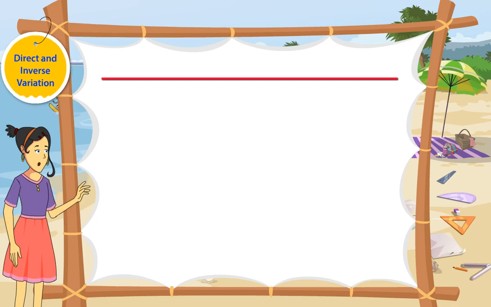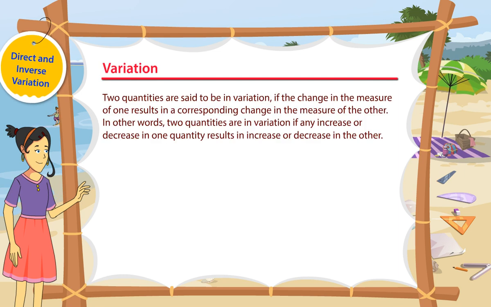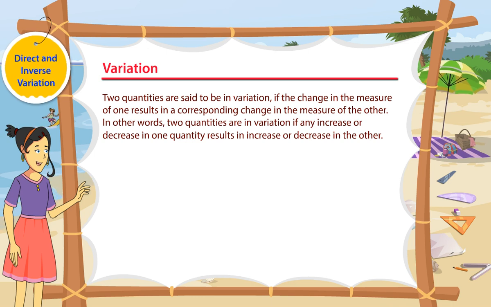Direct and inverse variation. Variation. Two quantities are said to be in variation if the change in the measure of one results in a corresponding change in the measure of the other. In other words, two quantities are in variation if any increase or decrease in one quantity results in increase or